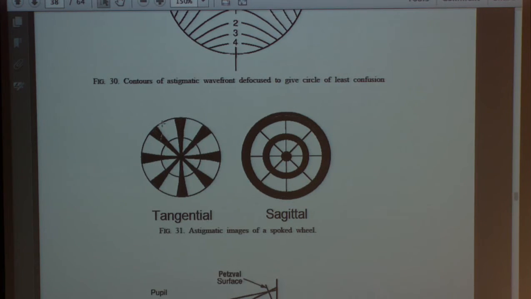In this plane, things will be in focus, but perpendicular to that, they're going to be out of focus, going to be blurred. And so in this plane, the spokes here will be blurred, but the rim will be sharp. And if I go to the sagittal focus, then the spokes will be in focus, but the rim will be blurred. Okay, so